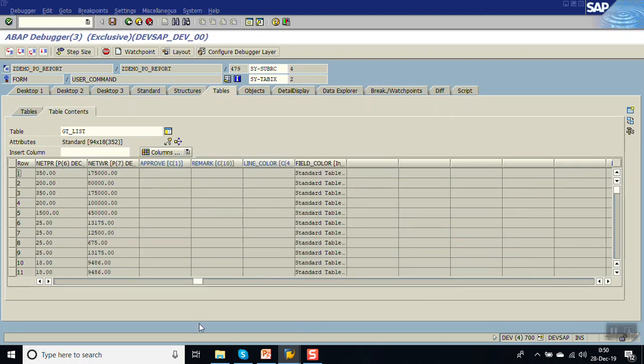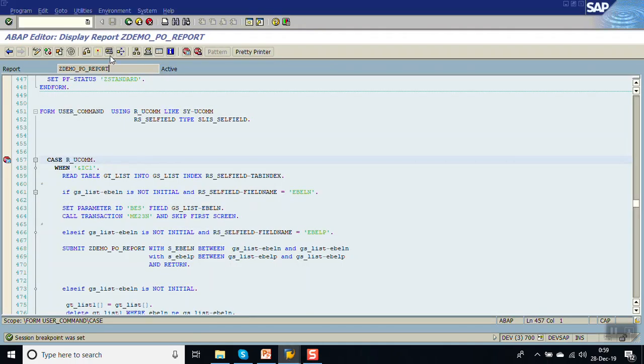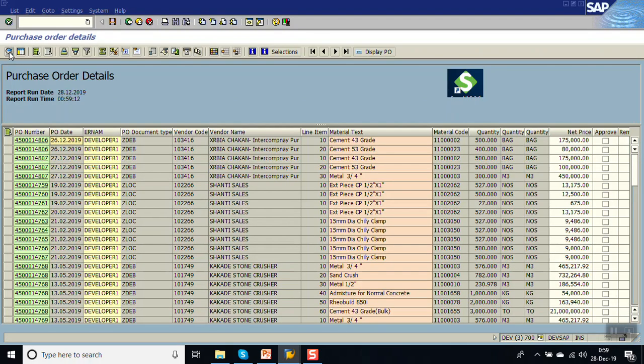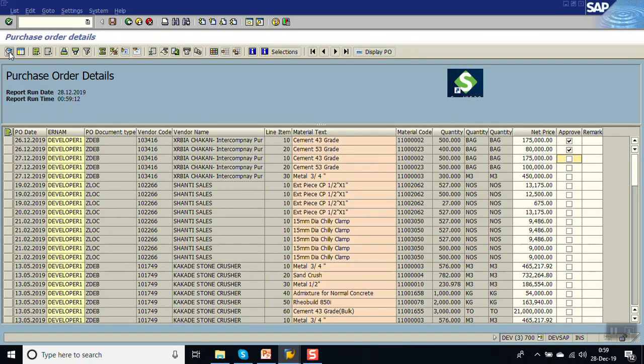Go to the enter. I think we are using list one table. Let me check. Let me test again. So here, if you enter any value in the editable field and press the save button,